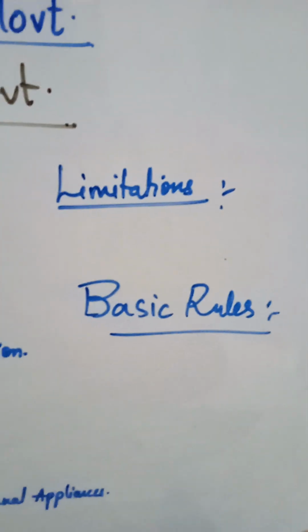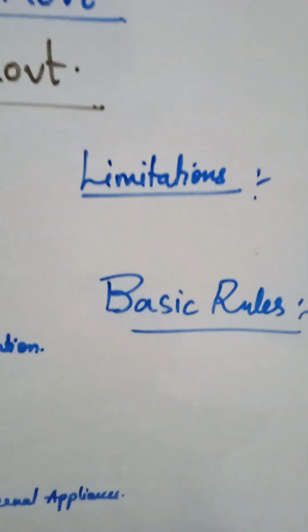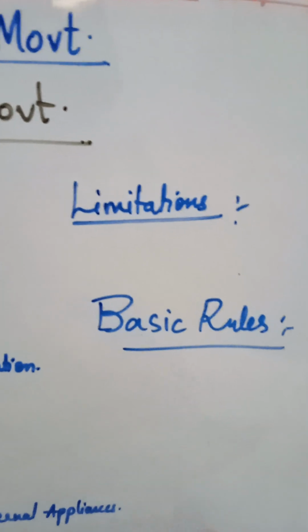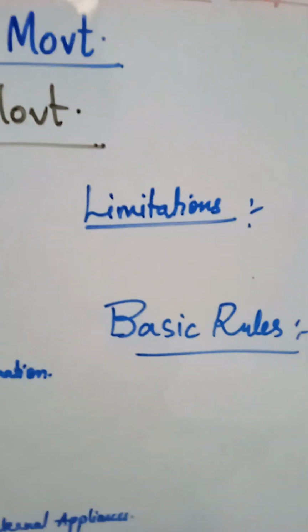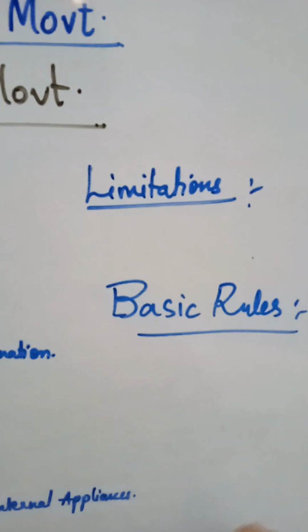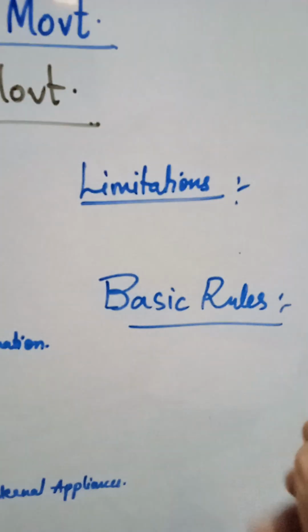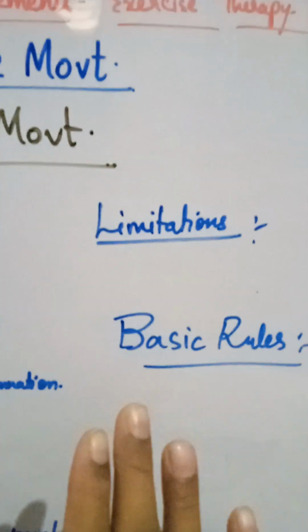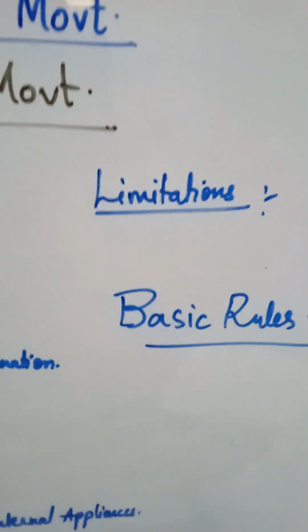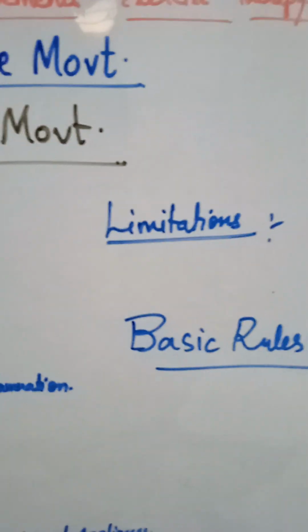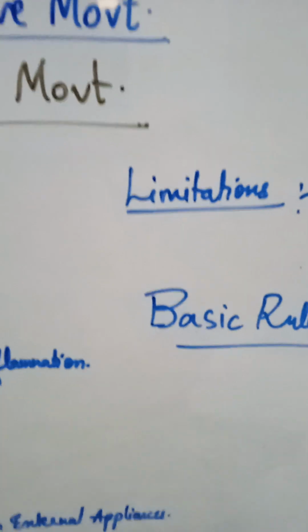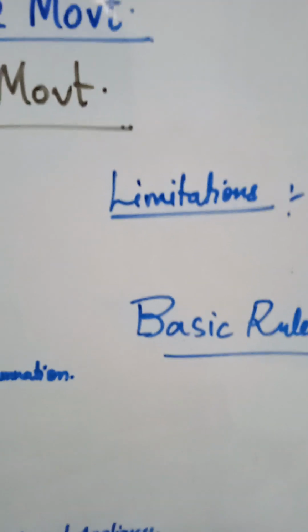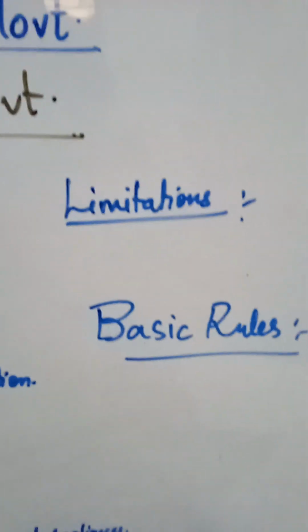So what are the limitations? These true passive movements cannot be performed, or may be difficult to obtain, when the muscle is innervated and the patient is conscious. In case of paralysis, the muscle is not innervated, and in those cases it will be helpful. But if the patient has an innervated muscle and is conscious, we can't obtain a true passive movement. And also this passive movement cannot prevent muscular atrophy,